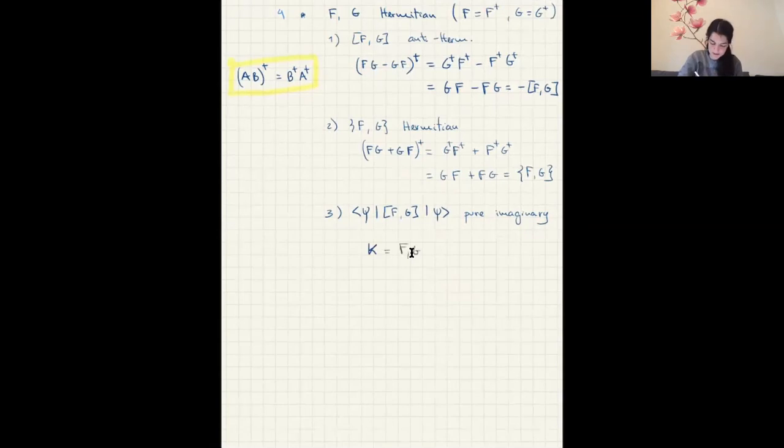K to be this commutator. It's just a matrix, right? And then, so if we take K dagger, and we want to take this, then we know that this is the same. So sorry, the complex conjugate of this, we know that,